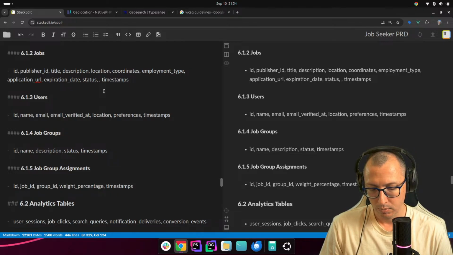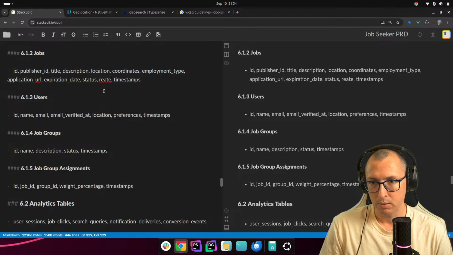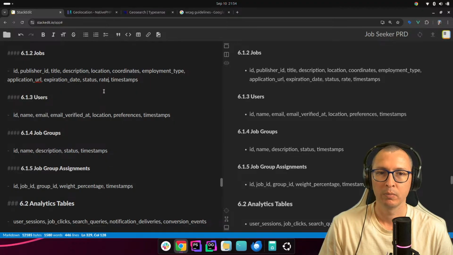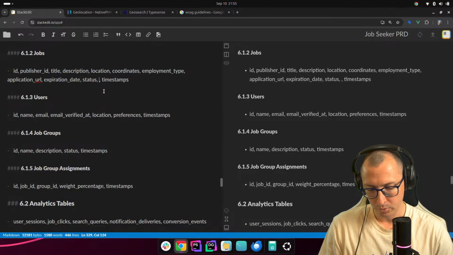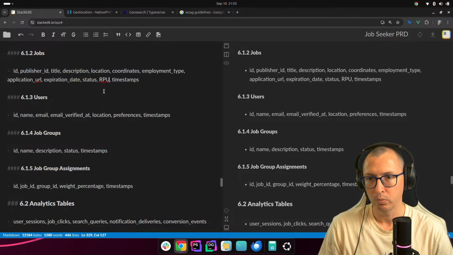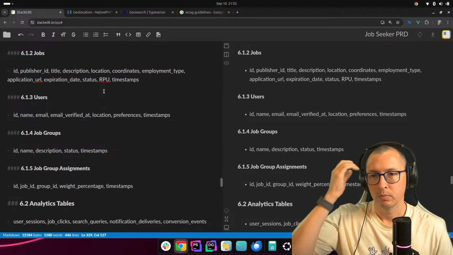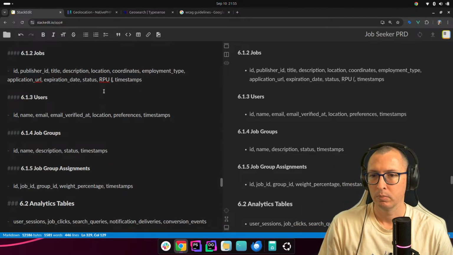a rate. Also called RPU. It's called RPA.